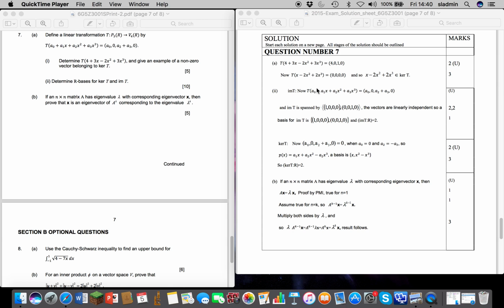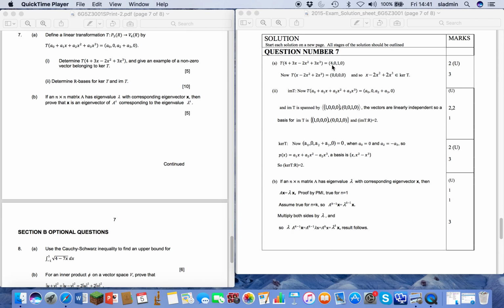Okay, so for 7 part A, here is our linear transformation. So we want to determine T of 4 plus 3x minus 2x squared plus 3x cubed. So here you can see that a0 is equal to 4, a1 is 3, a2 is minus 2, and a3 is 3. So if we simply substitute those values, then we'll see that a0 is 4. So that's the first element here, 4. The second element is always 0. The third element is a2 plus a3, so that's minus 2 plus 3, which gives us 1, and the fourth